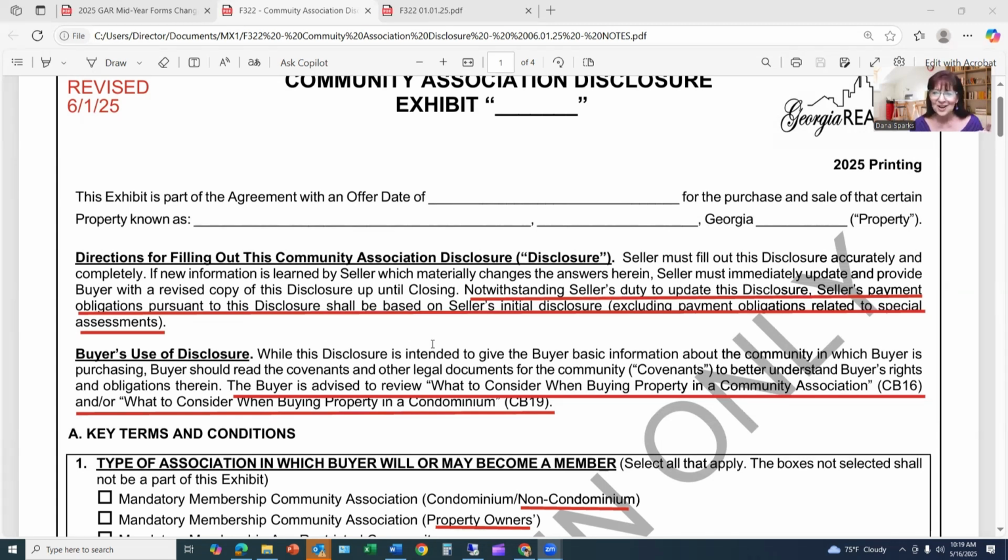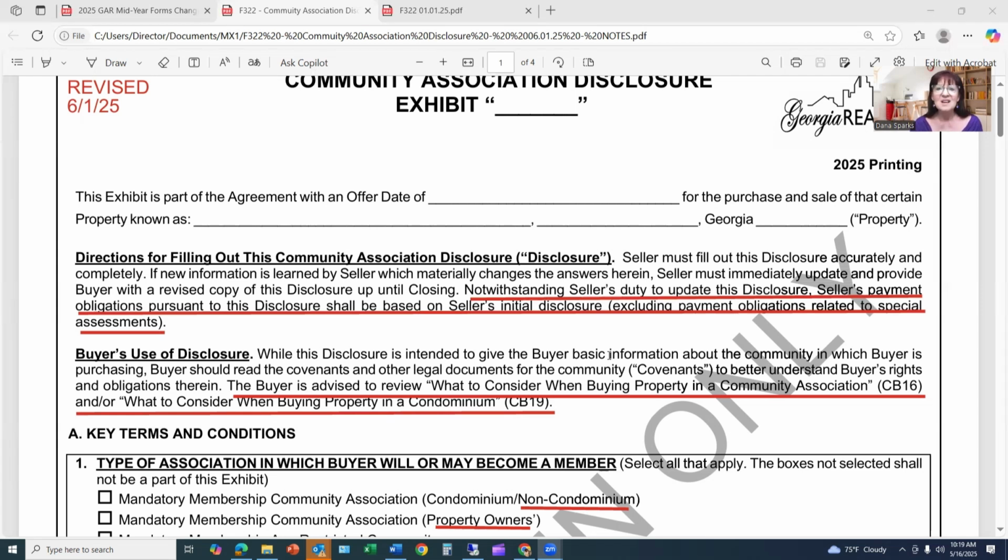However, notwithstanding the seller's duty to update this disclosure, seller's payment obligations pursuant to this disclosure shall be based on the seller's initial disclosure, excluding payment obligations related to special assessments.